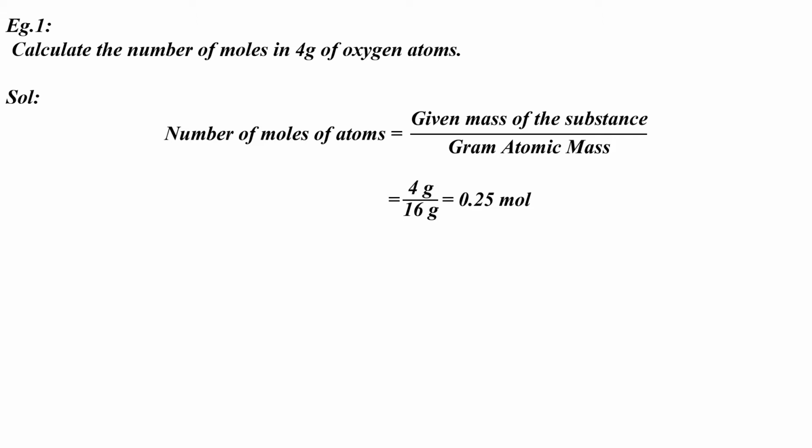We know that the atomic mass of oxygen is 16 u. If we express the same in grams, then it is the gram atomic mass of oxygen. We express the mass of oxygen atom as gram atomic mass in the formula used, as the mass of oxygen atoms given in the problem is in grams.